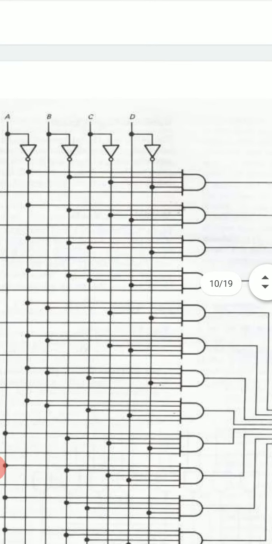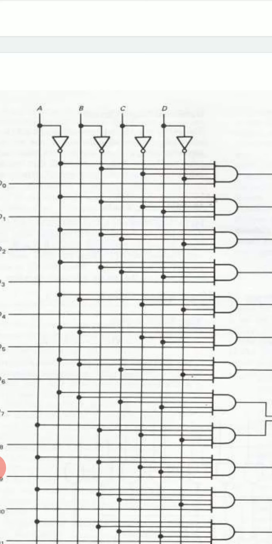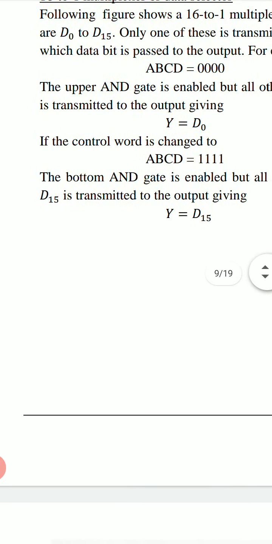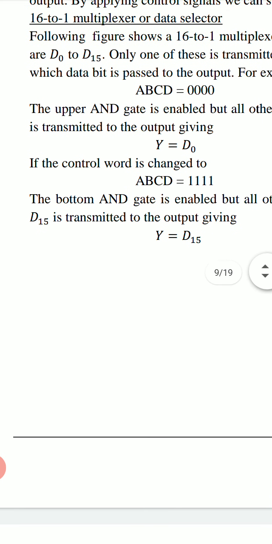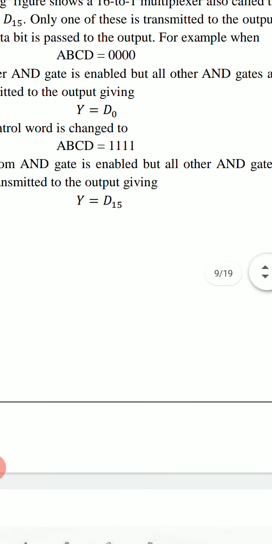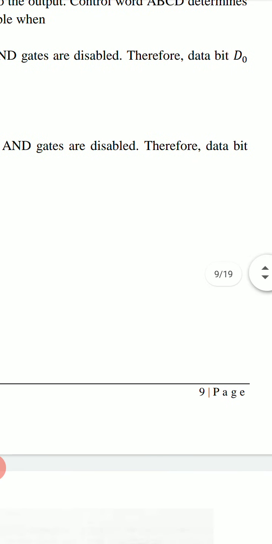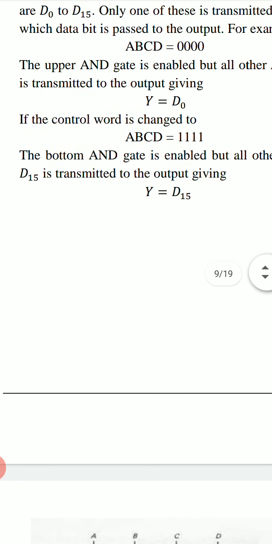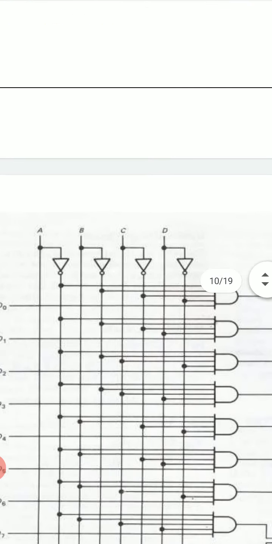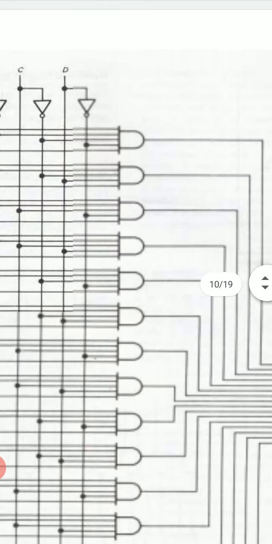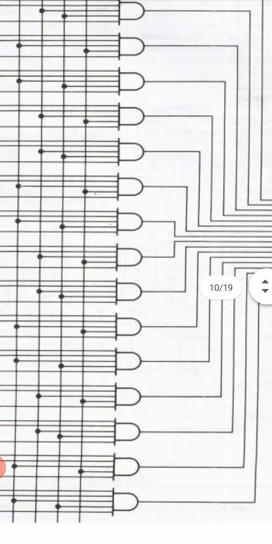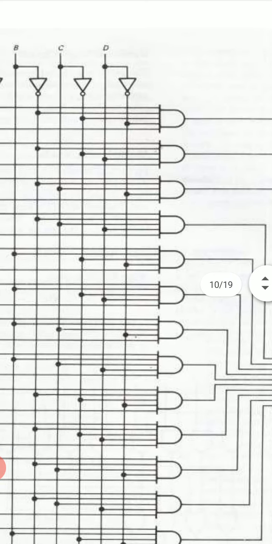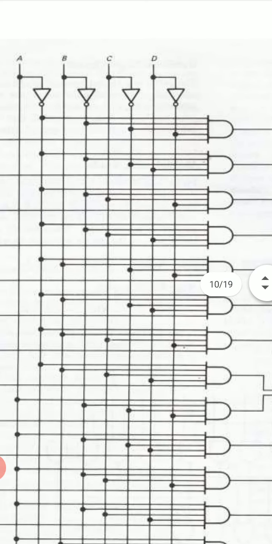If this control word ABCD is 0000, all these 4 bits A, B, C and D are 0, then we see the upper AND gate is enabled but all other AND gates are disabled. Therefore, data bit D0 is transmitted to the output giving Y equal to D0. Here there are 16 AND gates. If control word ABCD is 0000,